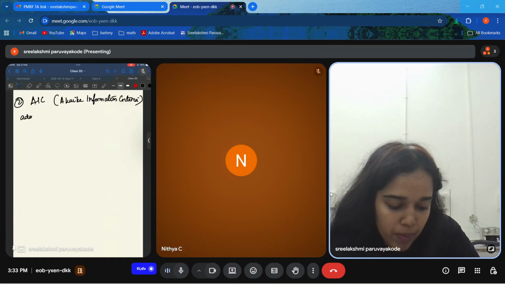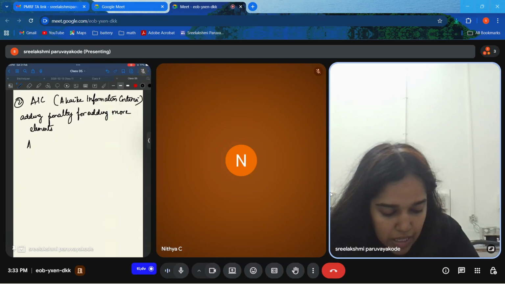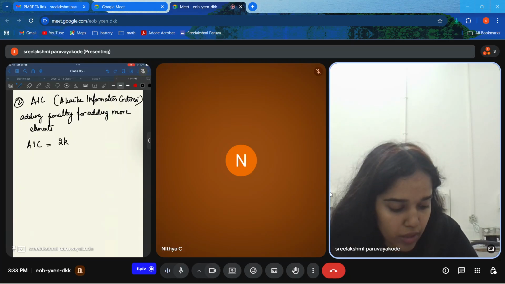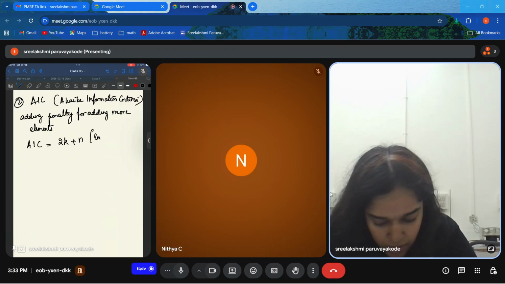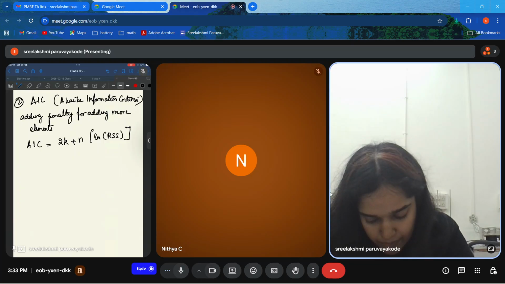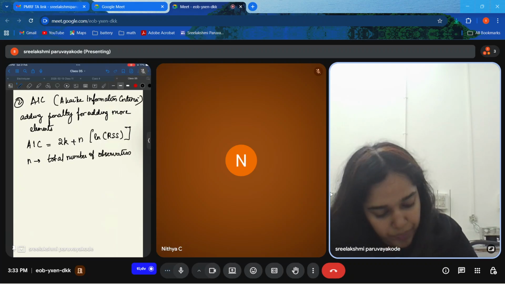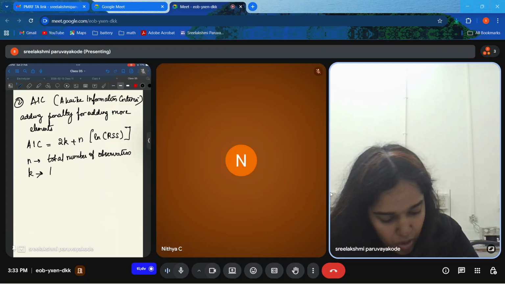So here what you're doing, you're adding penalty for the addition of each number of elements. And the formula is AIC equal to 2K plus N ln RSS, which is a residual sum. Here N is the total number of observations you have. K is the total number of